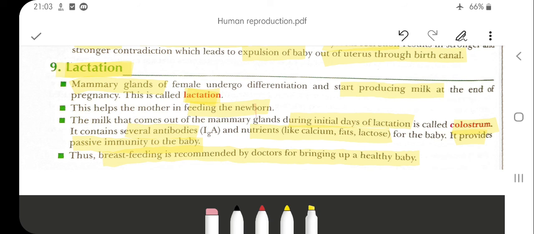This is a very important chapter from the examination point of view, as you will get a 100% 5-mark question from this chapter. So go through this chapter, consult your NCERT book, and try to solve the NCERT exercises as much as possible. Practice your diagrams, make flow charts for better revision as well as for better learning.